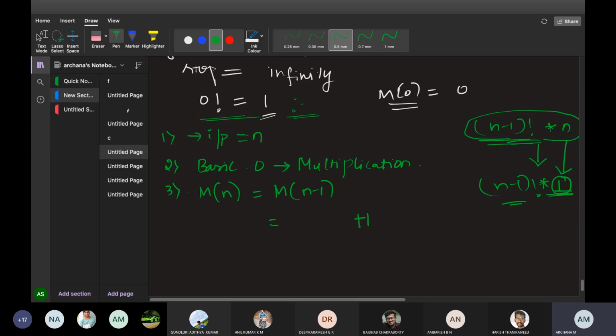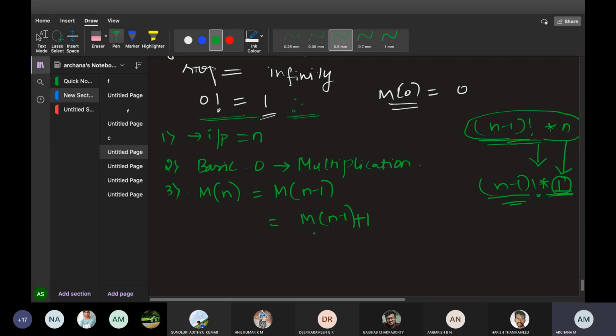Okay, that you need to take as plus. And what is this? N minus 1. We don't know how many numbers are there after 1. We are taking n, that's all. So you take it as m of n minus 1. This is the formula to use. Mainly this will be the formula for the factorial of n. So this is the formula we need to formulate first before solving.